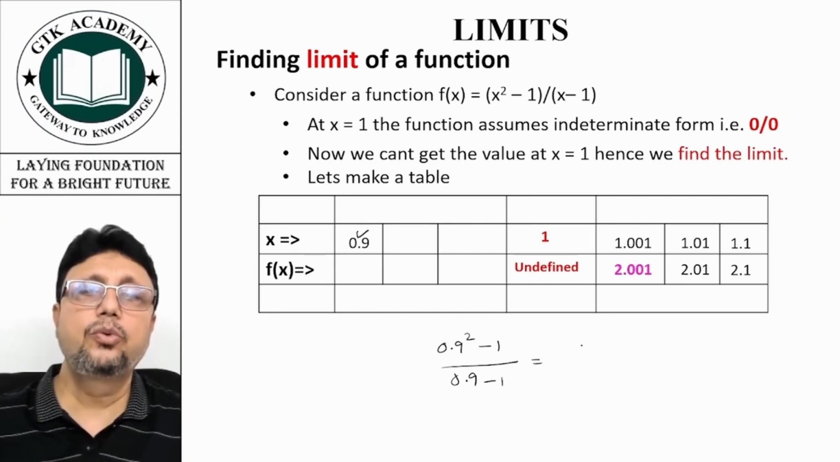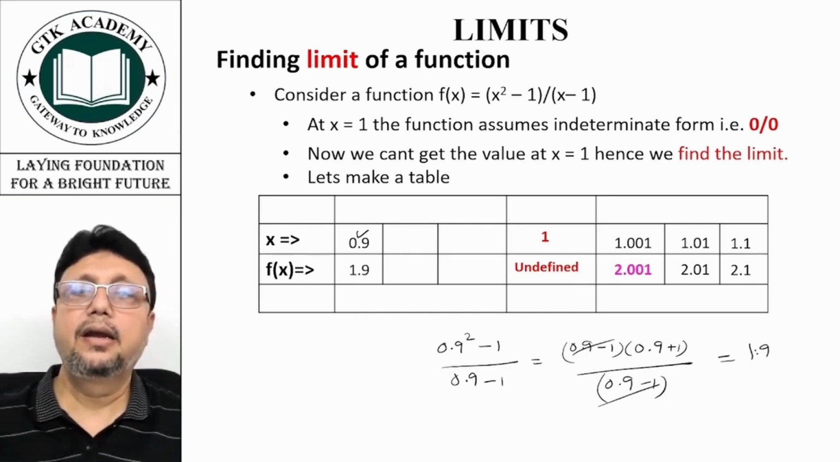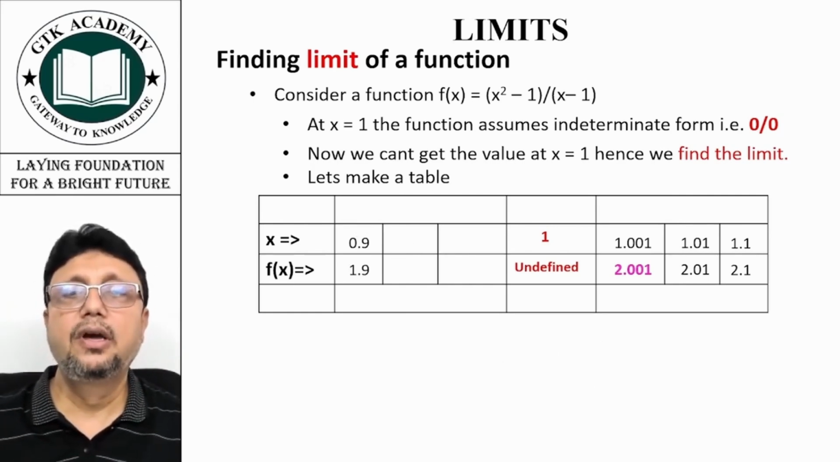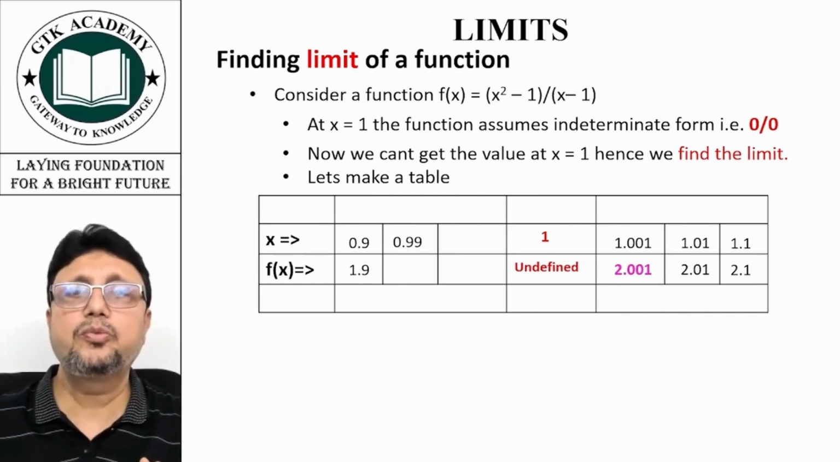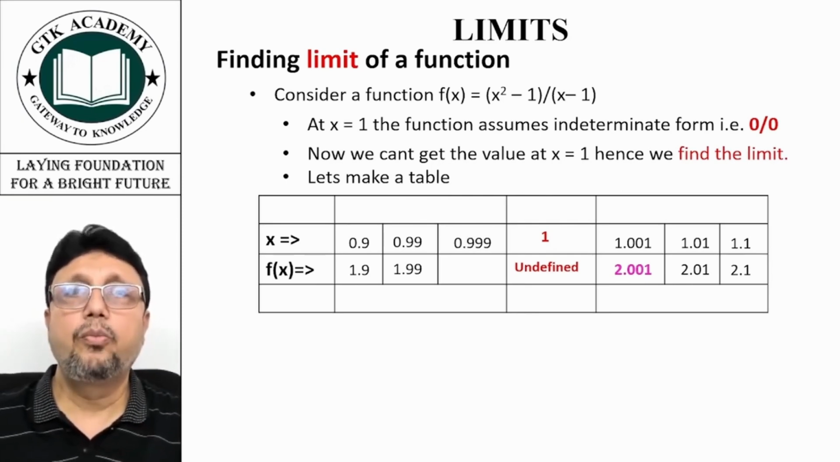minus 1, which comes to 0.9 minus 1, 0.9 plus 1 upon 0.9 minus 1, which will be 1.9. So this is the value which you get when you move to the left. Now again from left you try to come closer to 1, put the value as 0.99, you will get the value of function as 1.99. Come a bit more closer, 0.999,